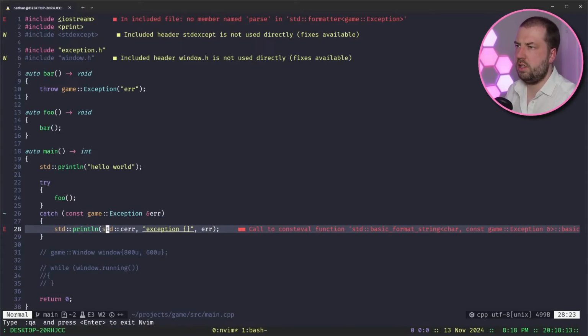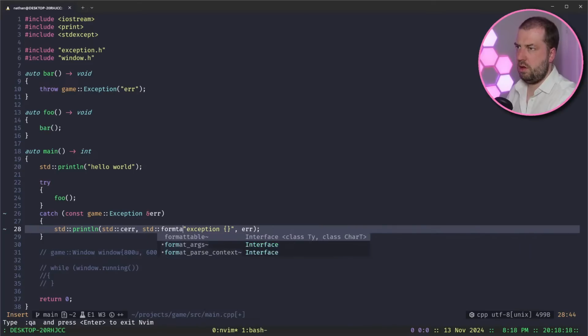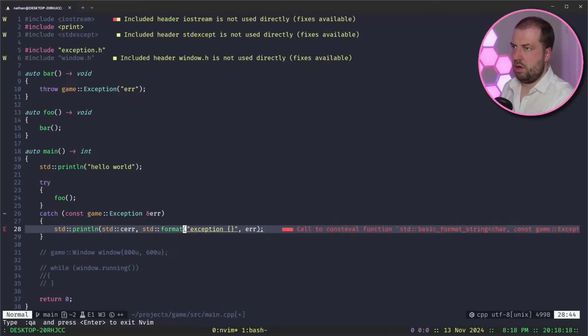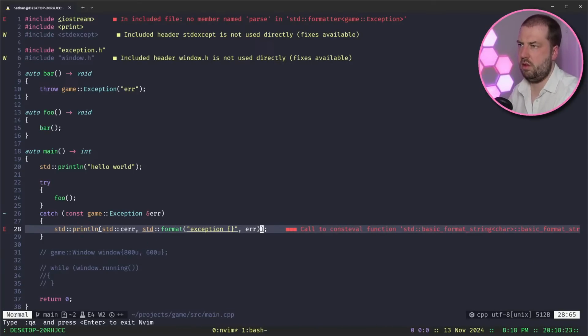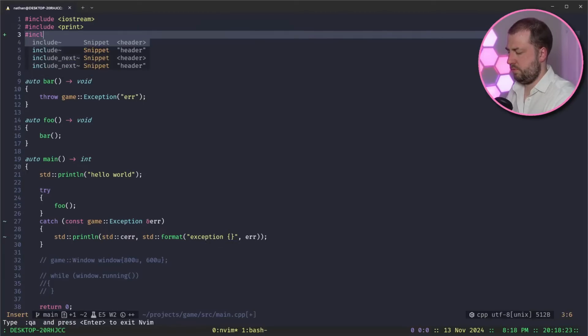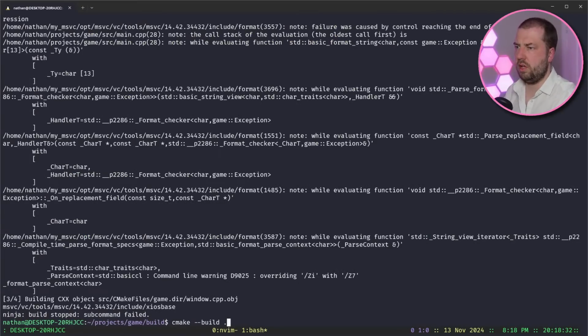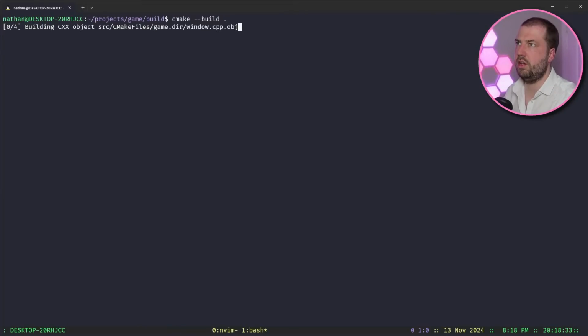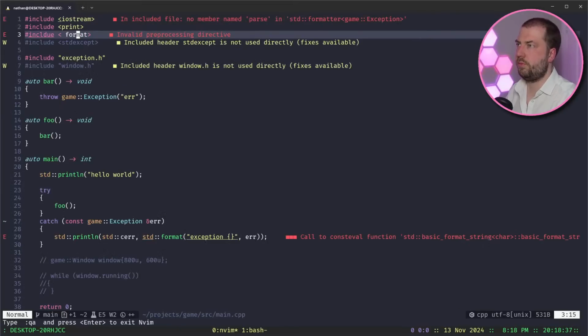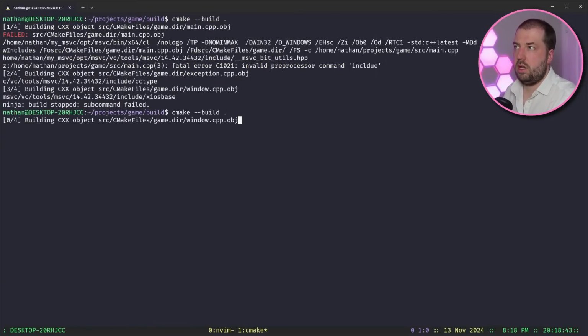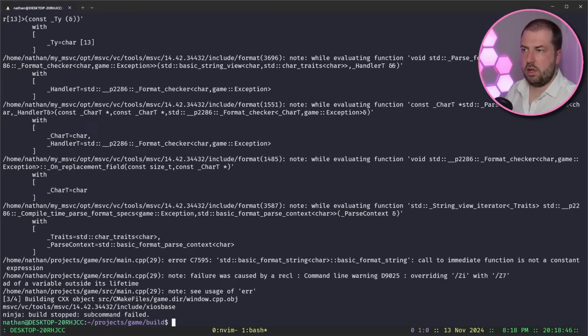Oh, do I need to? I wonder if I need to do that. I just expect that to just work with println though, because it just uses it under the hood. Yeah, same thing. Fail was caused by the C usage of